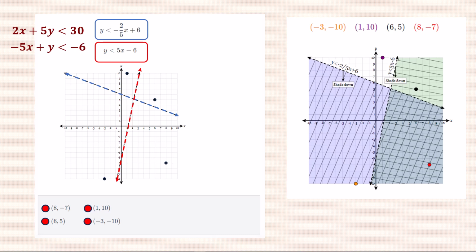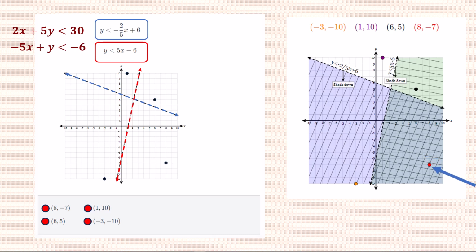We show the shaded graph and see both areas below each line shaded in, with the overlap in the bottom right section. We want to determine which of the 4 points is in the overlap area, and we readily see that the point 8, -7 is the one. However,